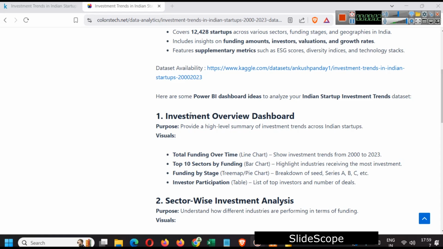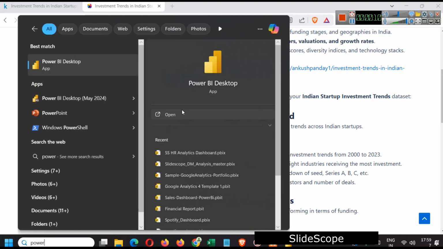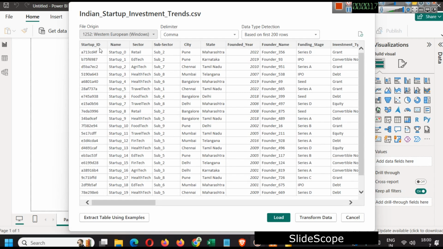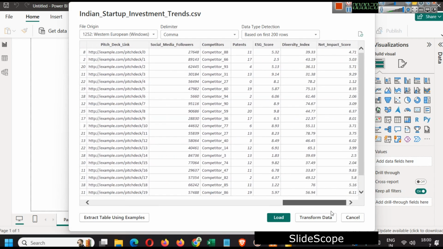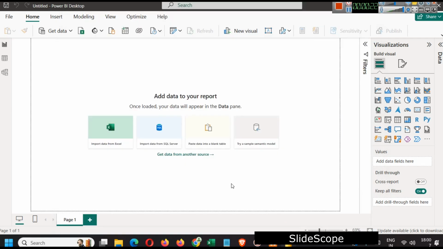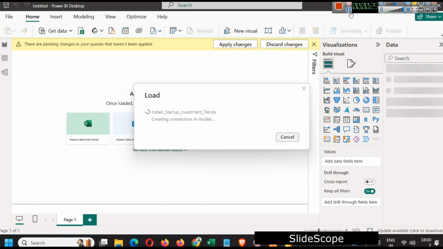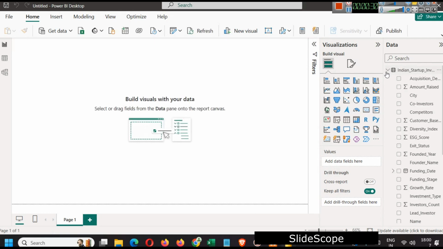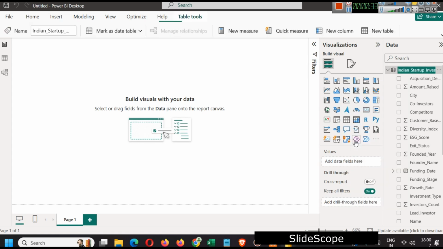Now here are some Power BI dashboard ideas to analyze this dataset and create some dashboards. First of all, we will open Power BI and load the dataset. Since the dataset is a CSV file, we will upload the CSV. Once it is loaded, you can check that all the columns are mapped properly, and then you can load the data. Here we have the dataset name, so we will simply rename it as data, or